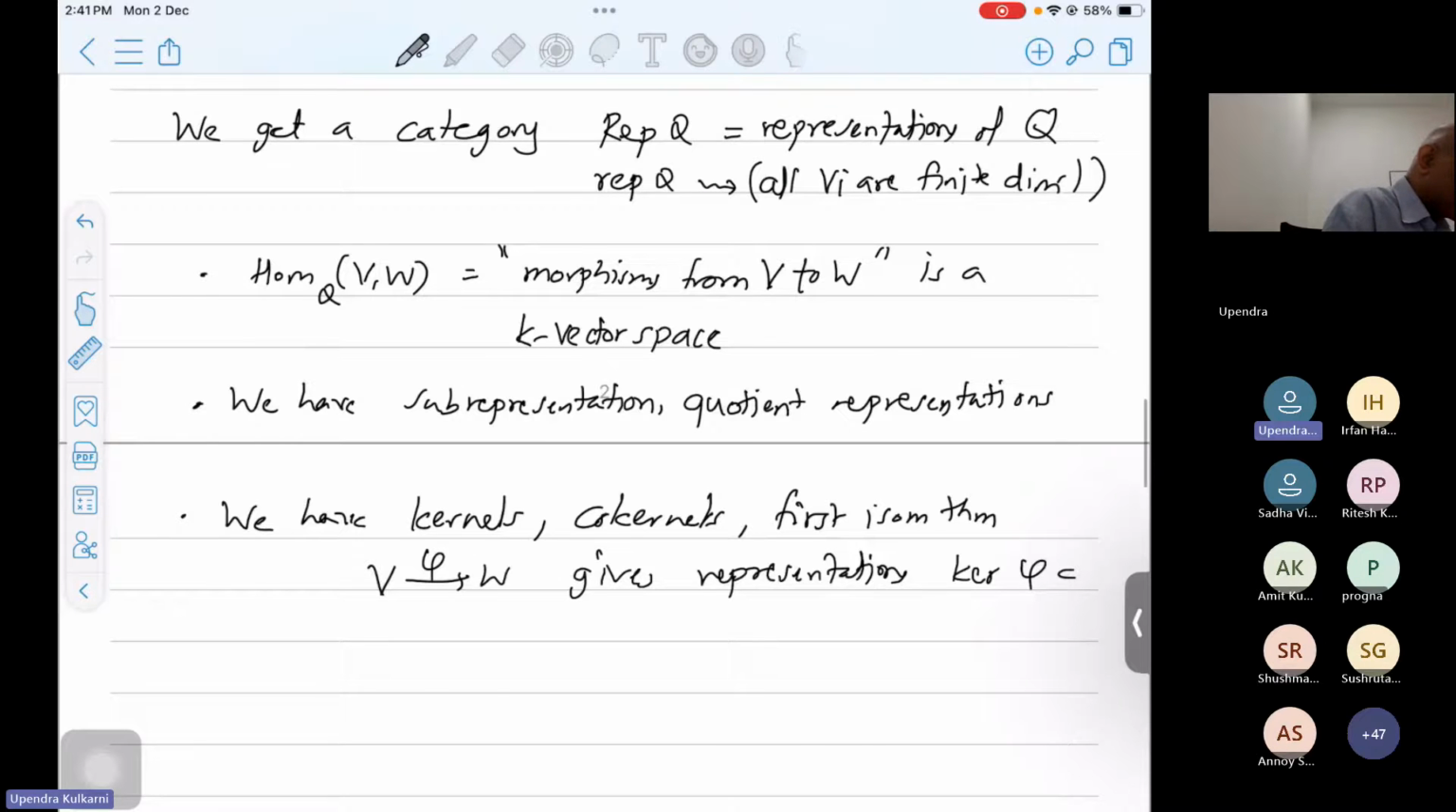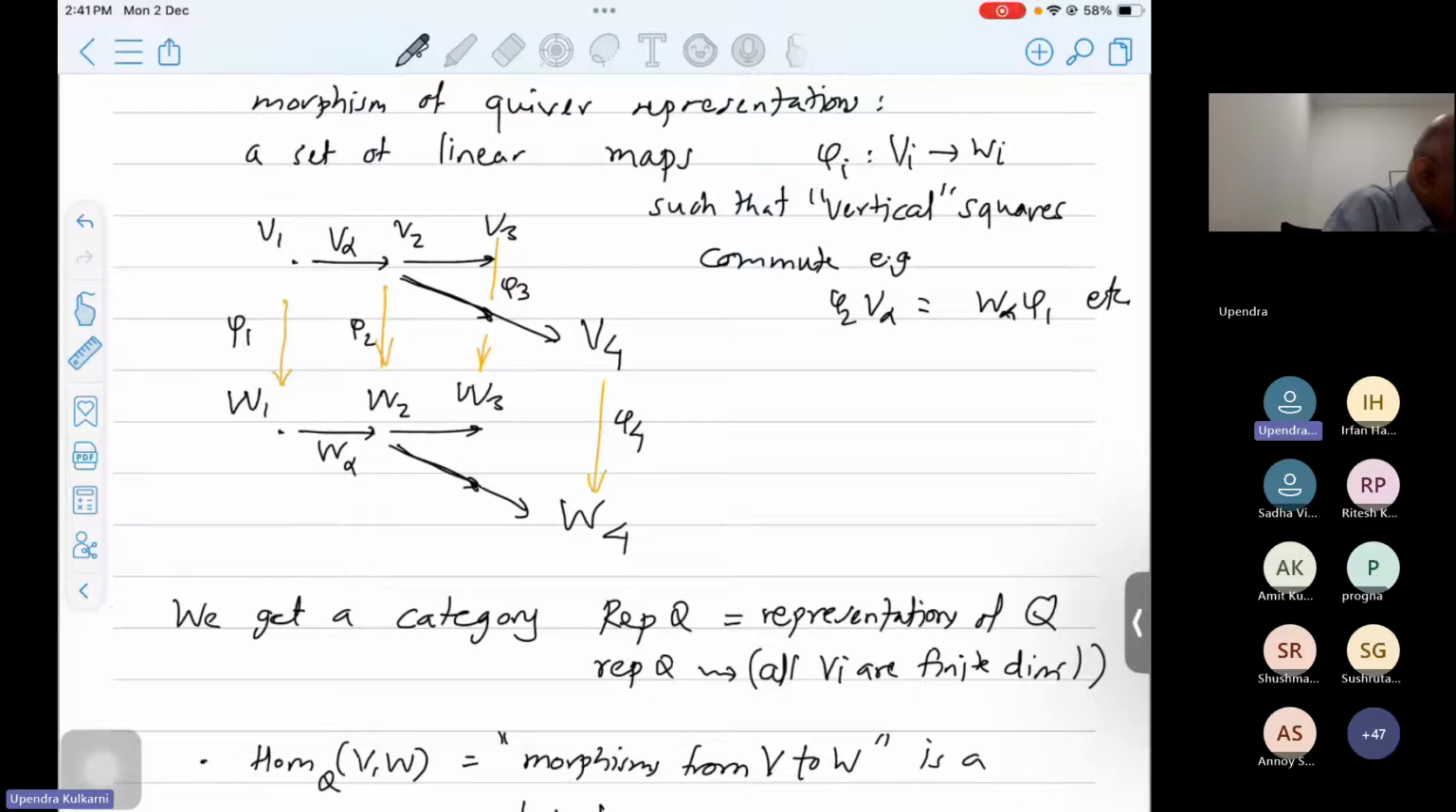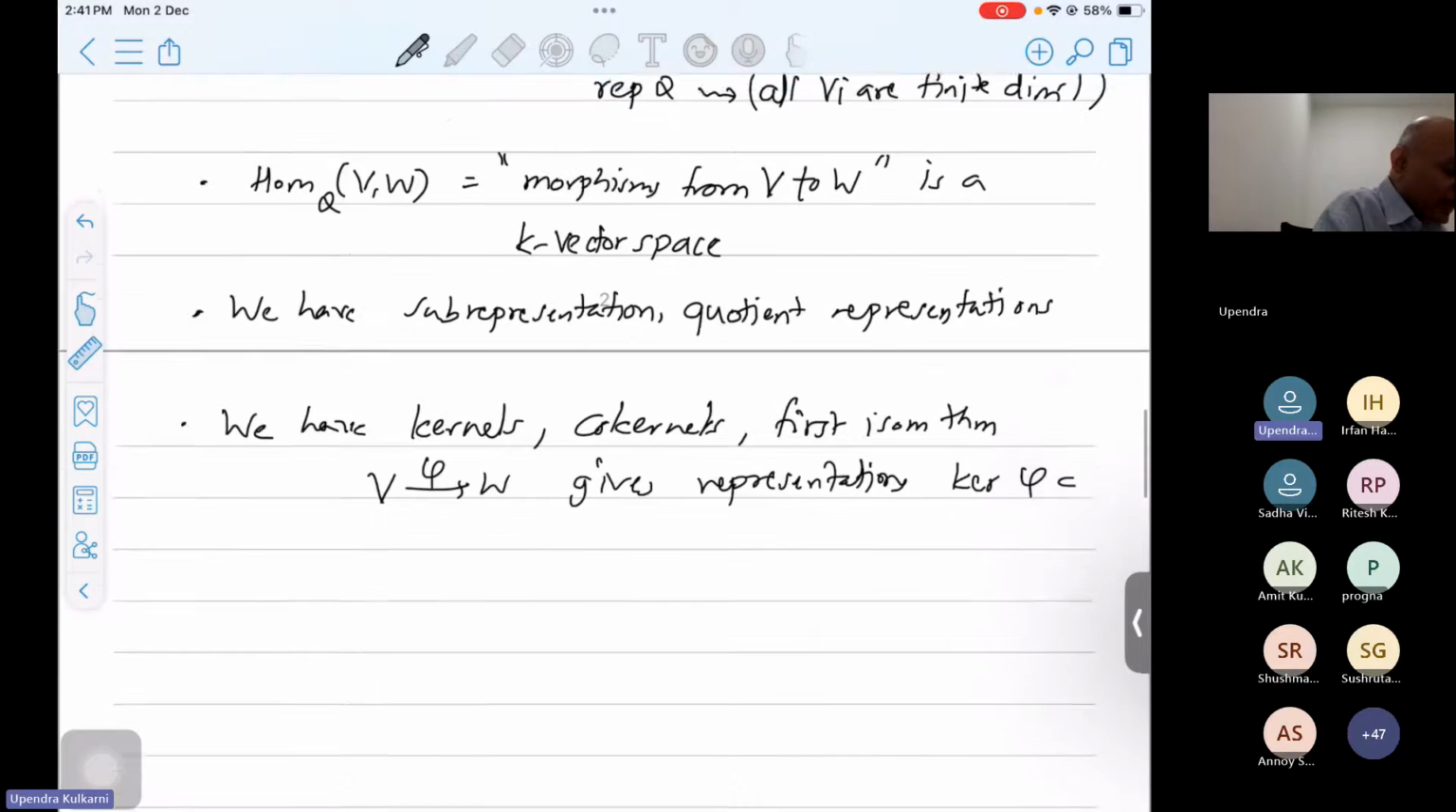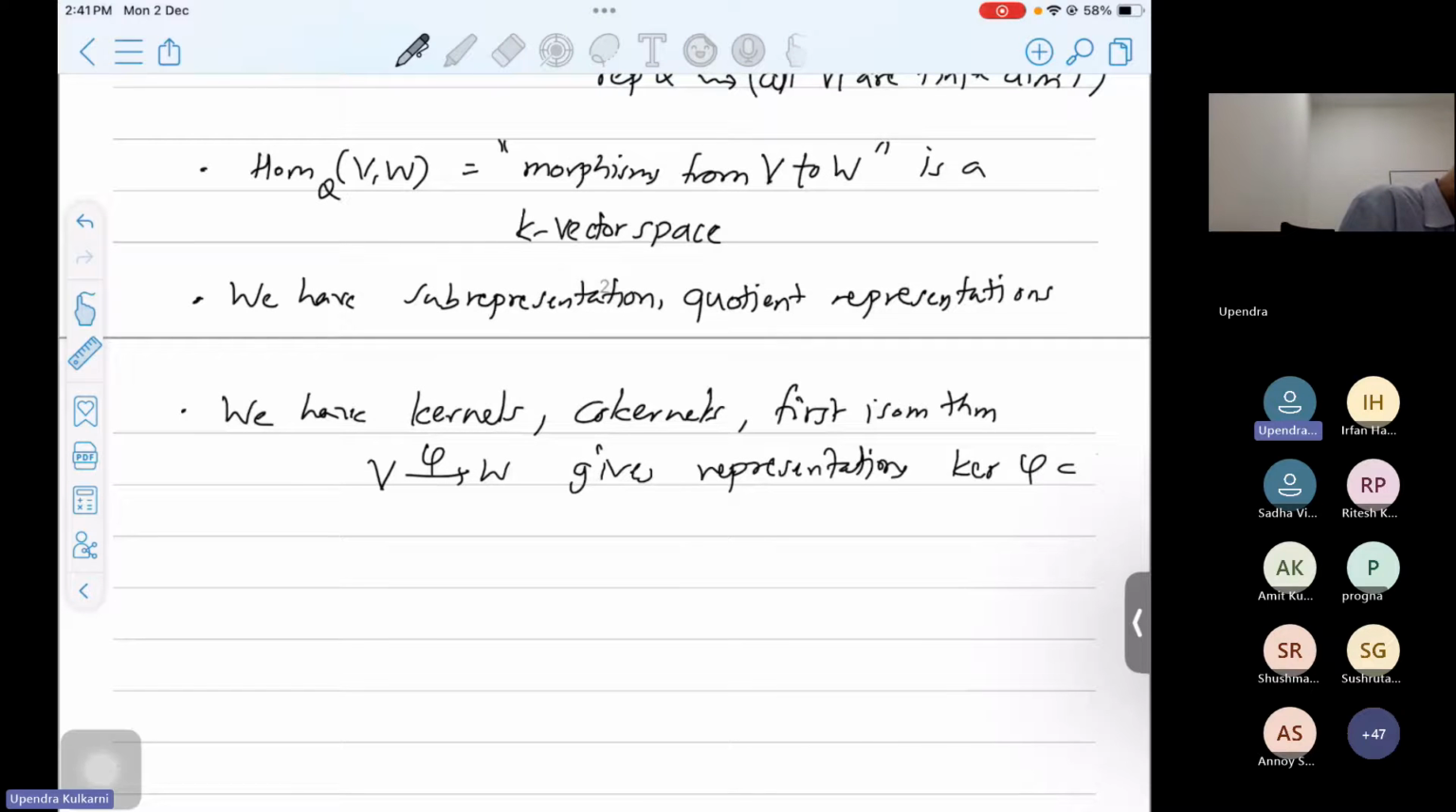So what is a sub-representation? For example, if V is a sub-representation of W, that simply means that each one of the V's is a subspace of the respective W. Likewise, quotient means that each one of the W's is a quotient of the respective V. And I can take kernels. This kernel will be a sub-representation of V. The image will be a sub-representation of W. And I have the first isomorphism theorem. What does that mean? That means that if I take V mod kernel of phi, it is isomorphic by an induced map to